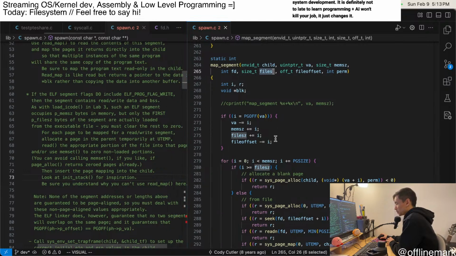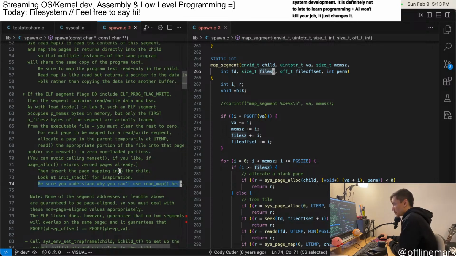Okay, this is super in the weeds, and I don't want to stay here for too long, but about this question, be sure you understand why you can't use read map here. So zooming out one second, what are we doing here? We're taking an ELF file and loading it into memory in the child process, and we're looking at the load commands or the load segments to determine the different chunks of the file to load, like where to load them and with what permissions. And the general flow of this is